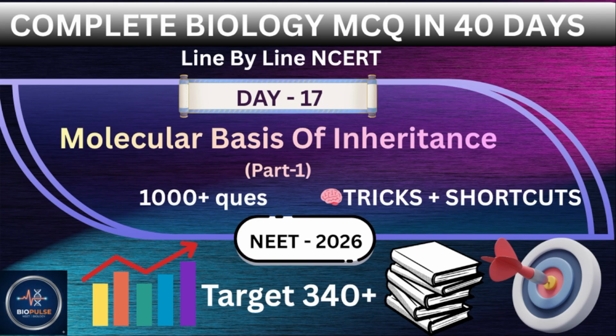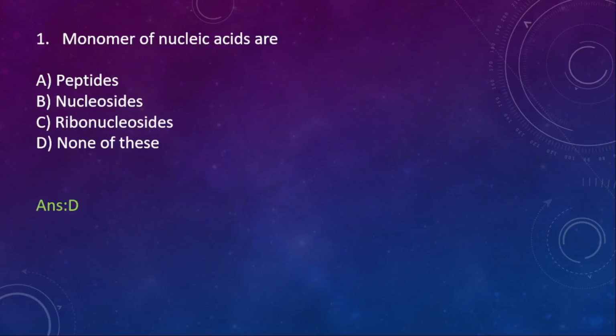If I say DNA decides everything about you, and NEET decides everything about your future. So let's break it down into simple tricks, clear concepts, and exam focused points so you can master it without confusion. So let's begin. This is the number 1 question for today's chapter, molecular basis of inheritance. Number 1, monomer of nucleic acids are